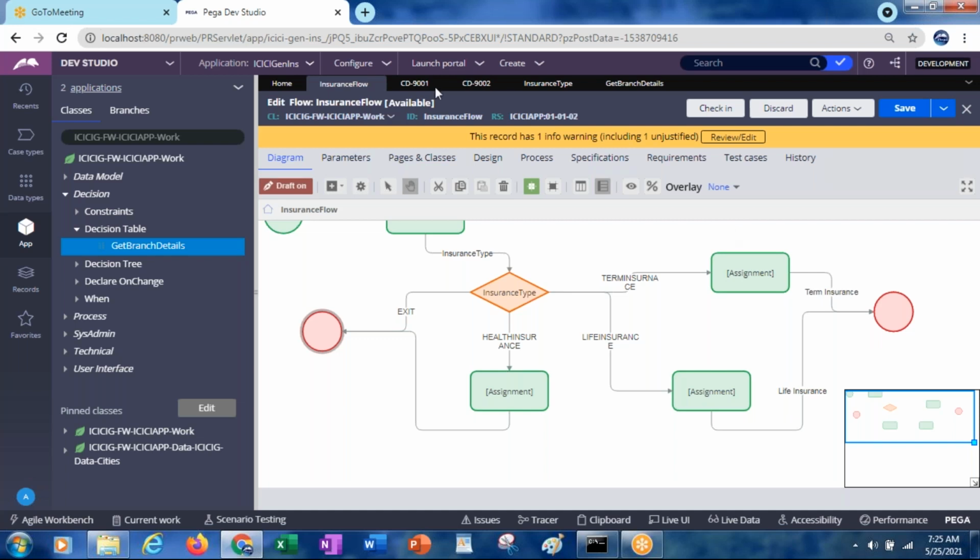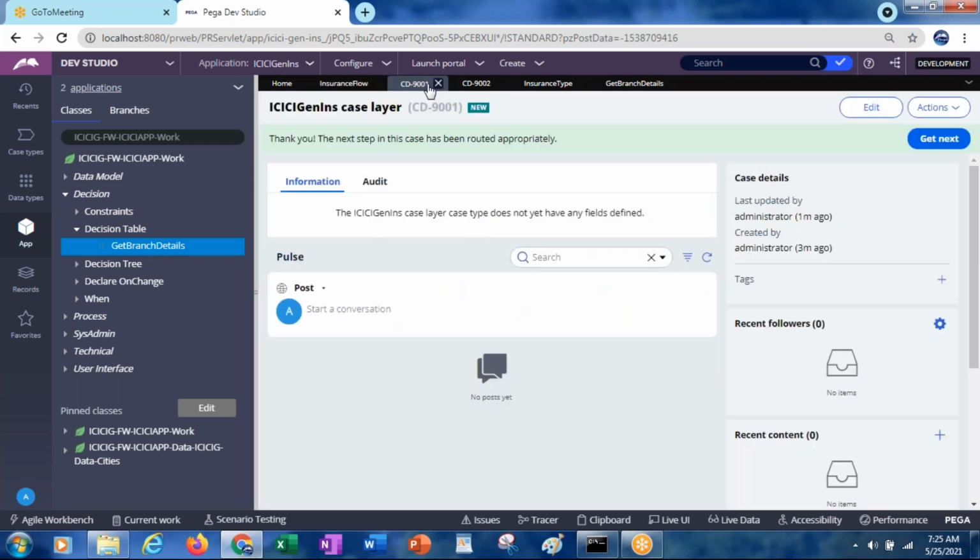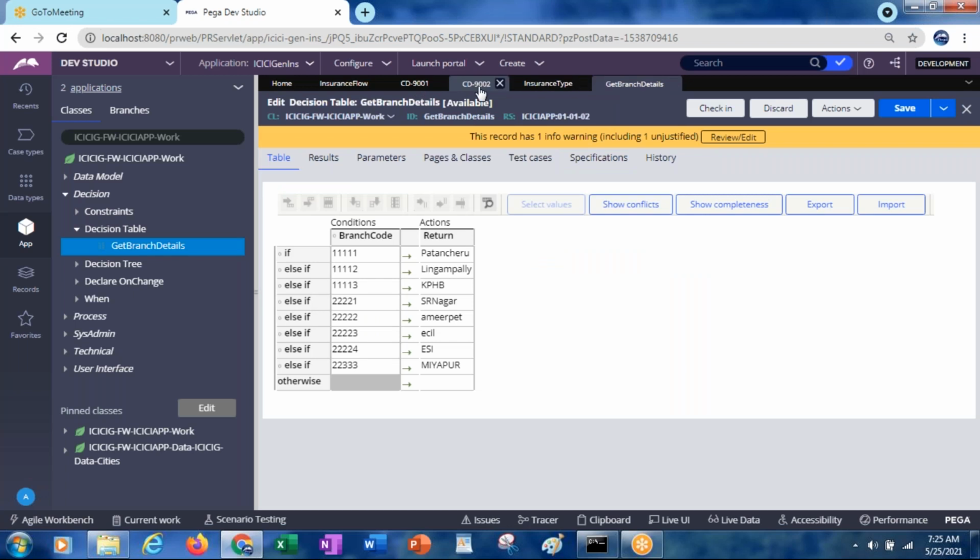So when you are at an assignment and click submit in the flow action, it will go to the next screen. That is performed through the flow action. On click of submit in the flow action, the flow moves further to the next assignment. But in the content, what happened? Sorry, in this.